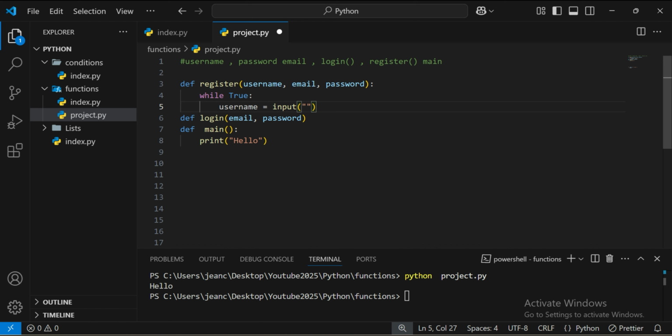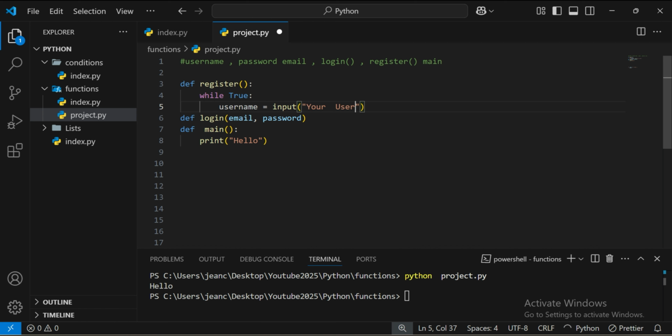We need it to be a parameter, so we don't need to ask here. I just want to remove it right now because the program will be very complex. I should just show you the basic stuff. So just put here